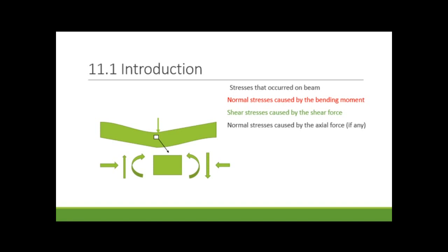In this chapter, I don't want to focus on the normal stress of the axial force. If you want to go into detail, you will take extra courses such as steel structures and reinforced concrete structures, where you will learn all the details of the design standards and design methods. I just want to give the basic ideas. Therefore, I am first focusing on normal stress, then I will check the shear stress. How can we